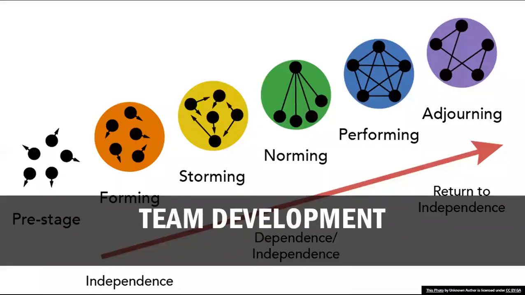Also, in team development, they don't ask you about the advantages and disadvantages of this model, but they ask you about the stages. Actually, in the study guide, we tend to focus on only four stages: forming, storming, norming, and performing. How do we know about these stages? In forming,